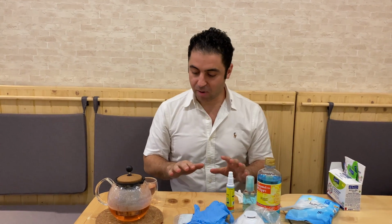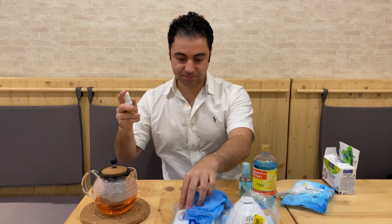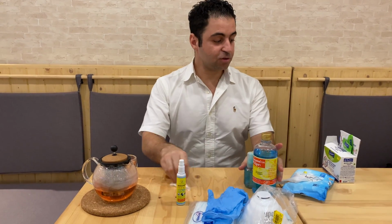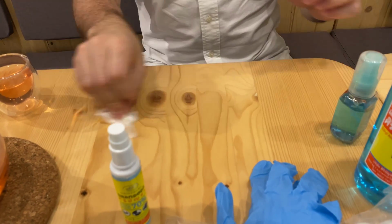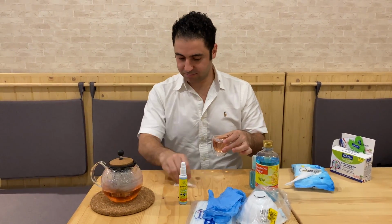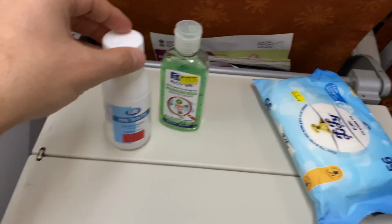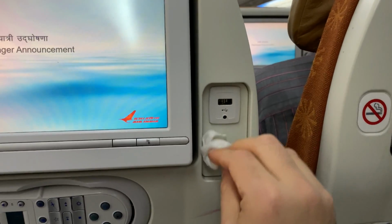If I'm sitting in a restaurant, I will disinfect all of my surroundings. So I will just take the bottle and put it on the table and I will disinfect like this, using the alcohol gel wipes or the wet wipes with the alcohol together. I will disinfect all of my surroundings. I already did it before I sat down. And if I'm flying, I will do it also on the flight, everywhere, on the handles, on the seat in front of me, on the screen, on the tray, everywhere, on the window if I sit next to the window,